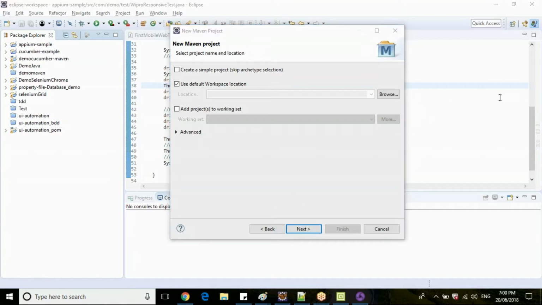Just a second, guys. I have some questions. If you want to run two test cases, one from web and another from native at the same time, yes, definitely your declaration will be the same. Priya, you can do that. Let's do that after the setup of the Maven project.